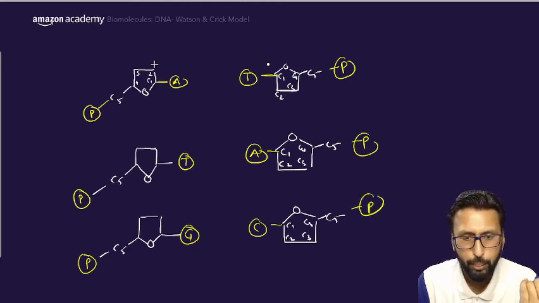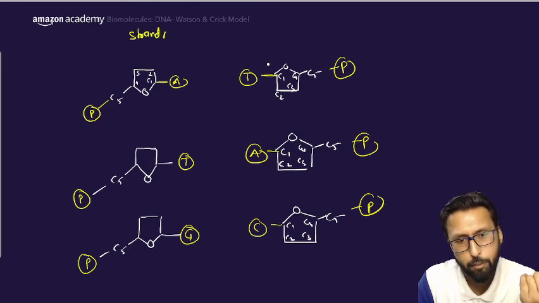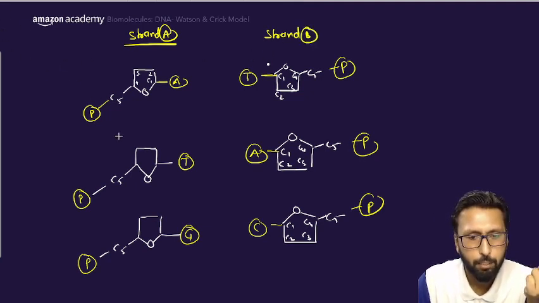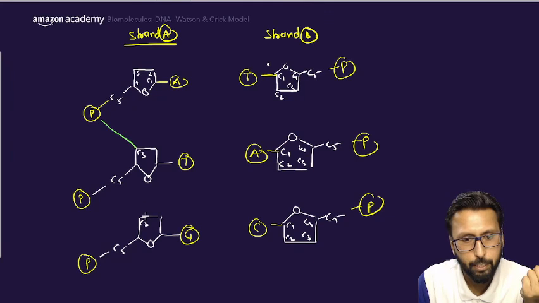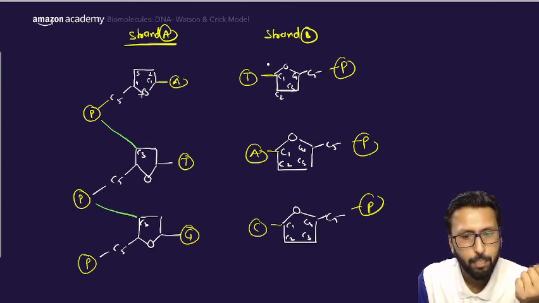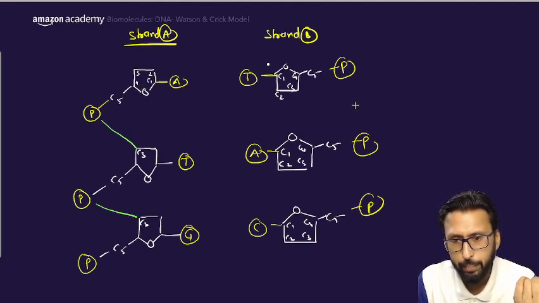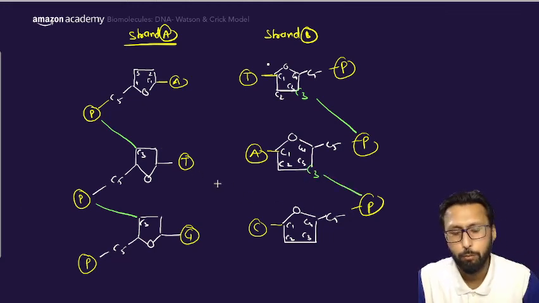First of all, let's see this. Suppose this is strand A, and this is strand B. Now these are attached. Suppose this is the third carbon, and this is the third carbon, so they are attached with this, like this and like this. This is how the pentose sugar and phosphate form the backbone of the DNA strands. In a similar fashion, this C3 is forming a bond here, and again this C3 is bonding here. So we have these backbones.